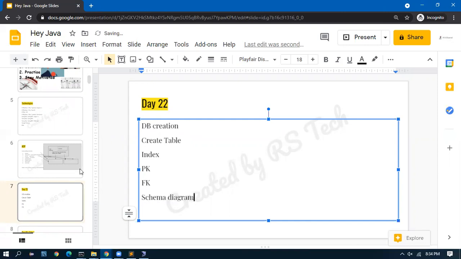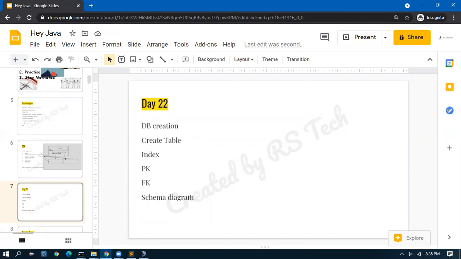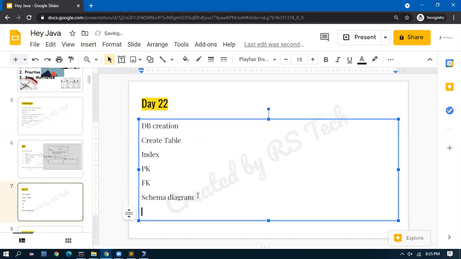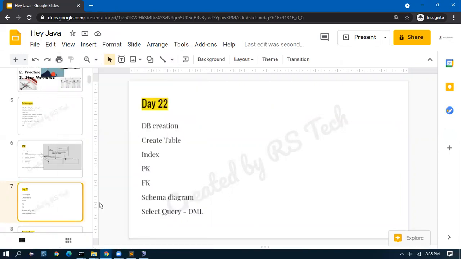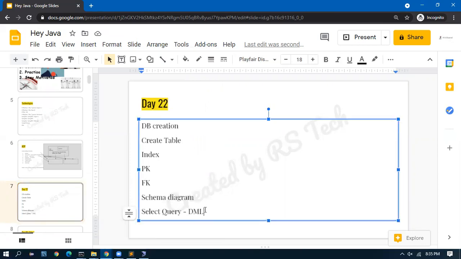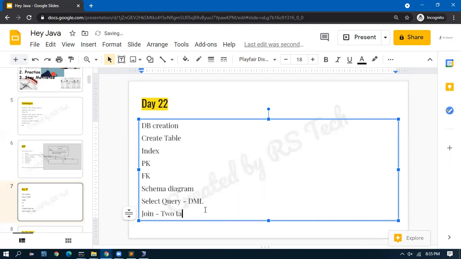We saw how to view the schema diagram. Then after that, the select query, which is a DML statement. After this, we wrote a join between two tables and a join of three tables.